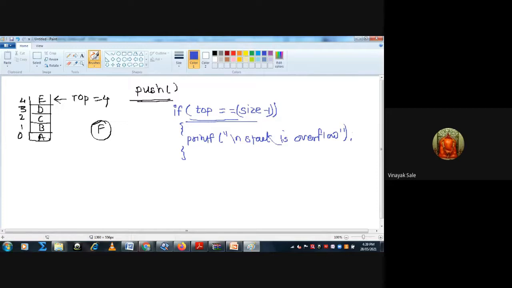If this condition becomes false, then else, printf enter element to insert in the stack.